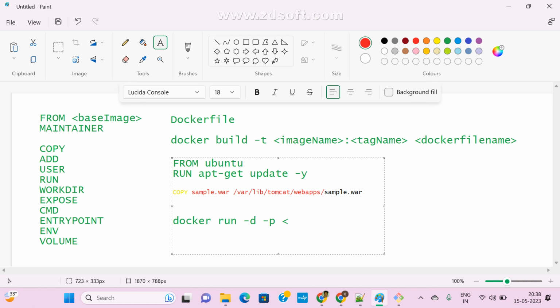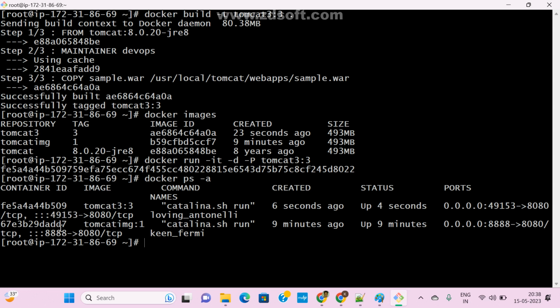We need to give the host port and also the container port. Suppose you don't know the container port, and I don't want to give any fixed host number, then Docker itself dynamically provides one host port. If you observe here, it is giving one port; this is the host port number. And the container port? Docker already knows; we are using the tomcat image, so by default it assigns 8080.